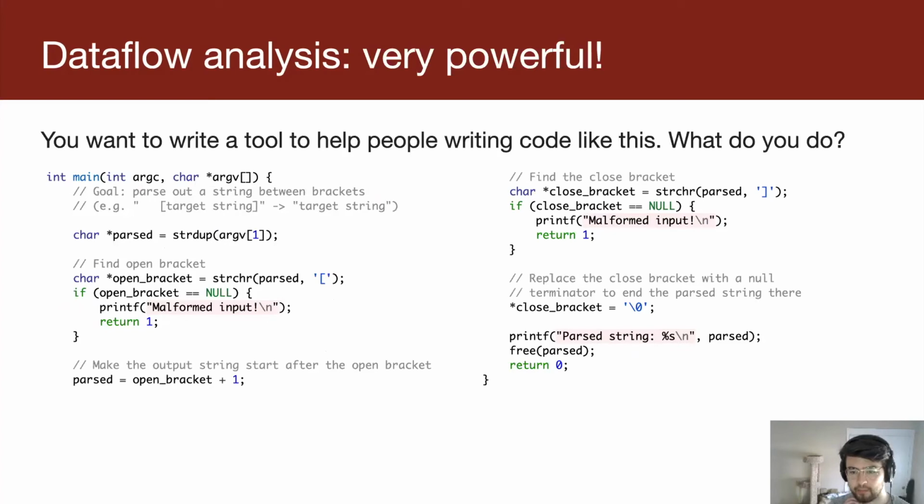Here's another, maybe more complicated example, which is very, very common. I have written code like this. The specifics are not important here, but basically we're calling strdup. What does strdup do? It copies a string to a new heap allocation. So strdup internally is calling malloc. It's returning us some memory that we are responsible for freeing.